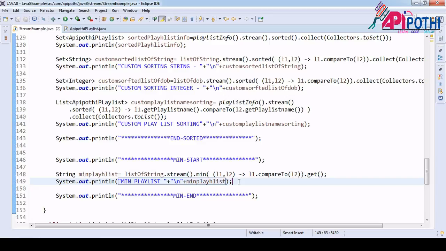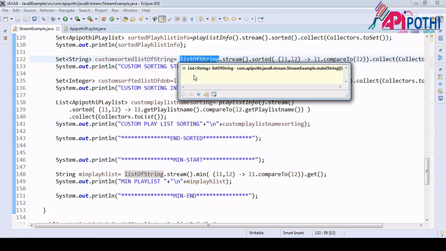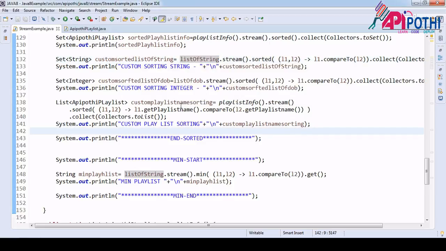Okay, same way if you need the max, min for integer also you can get, there is no problem, and min for this one also there is no problem. But this one is where I will tell you about the custom object.